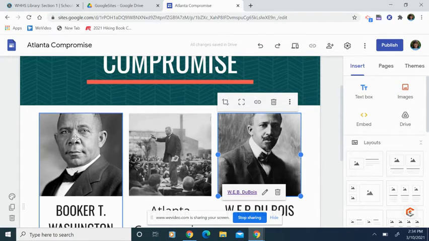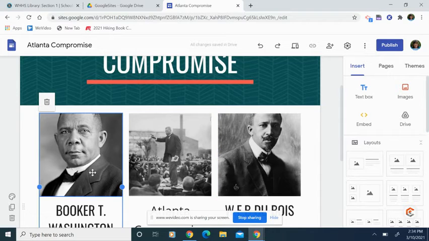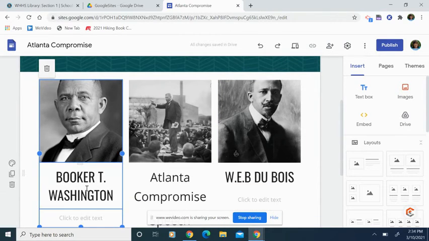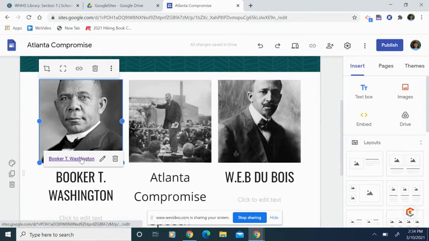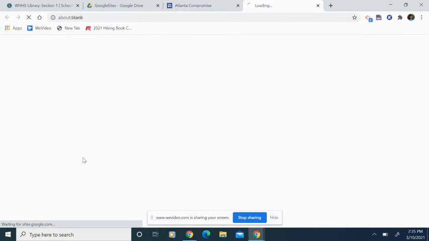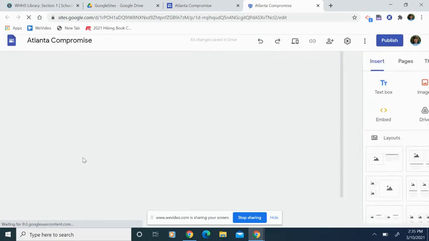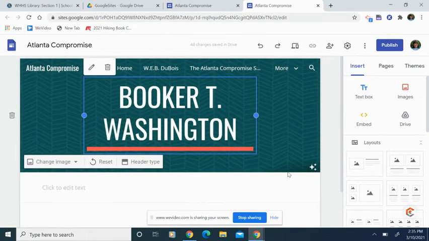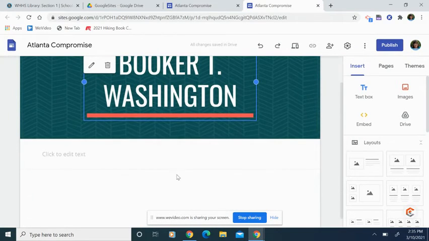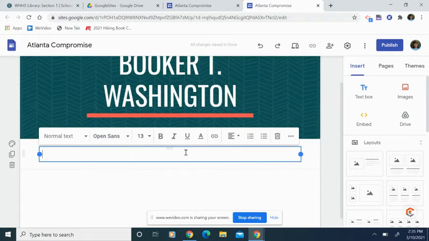So now my images are linked to the pages, and you just have to click on the picture and the link comes up down here in purple, and then you can click on there and it goes to your page,